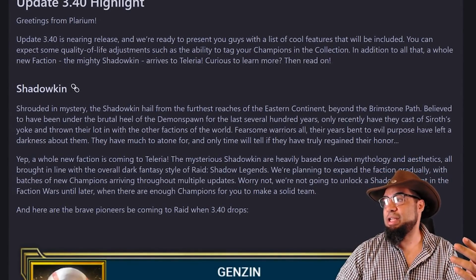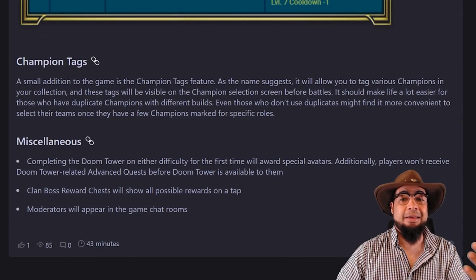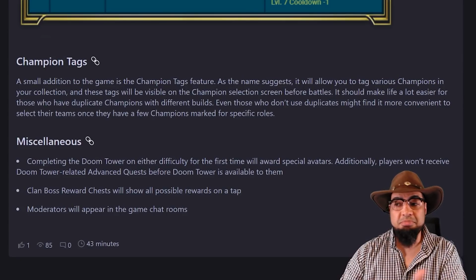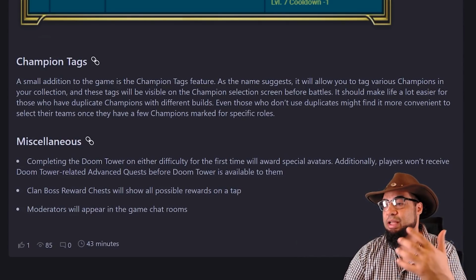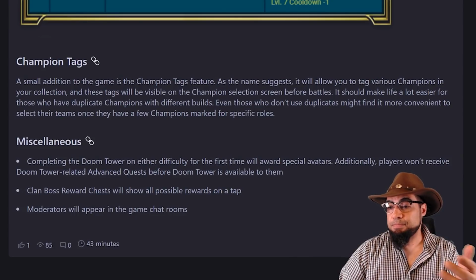Before we get too deep into it, one thing I do want to point out. These are a couple other things that are being added. The champion tag should be added in this. That's going to be just part of it. So we'll have that going on. We're also going to have the Doom Tower on either difficulty. We'll get special avatars. That's pretty cool. When you complete it on either difficulty,